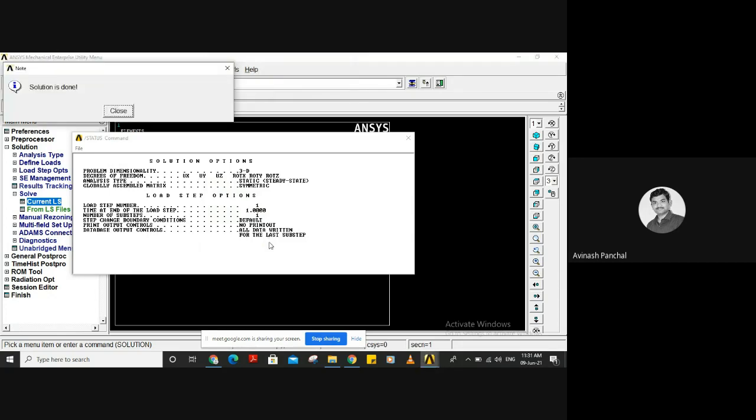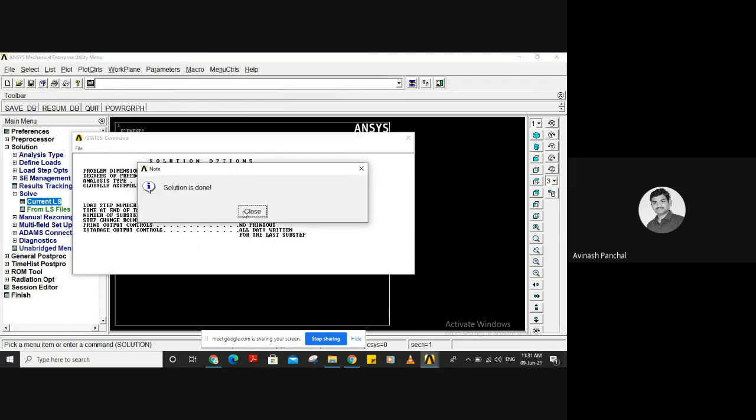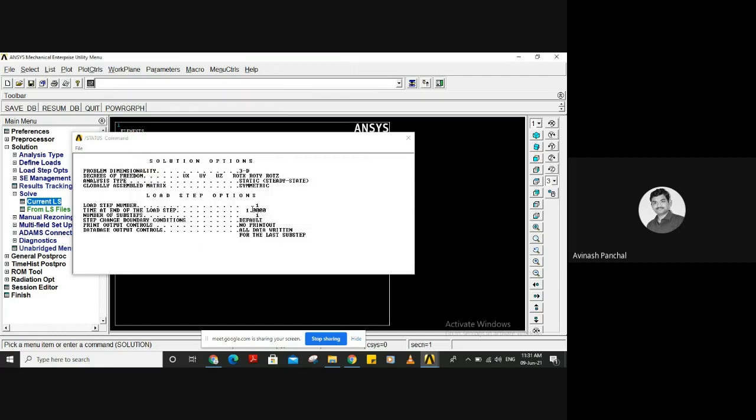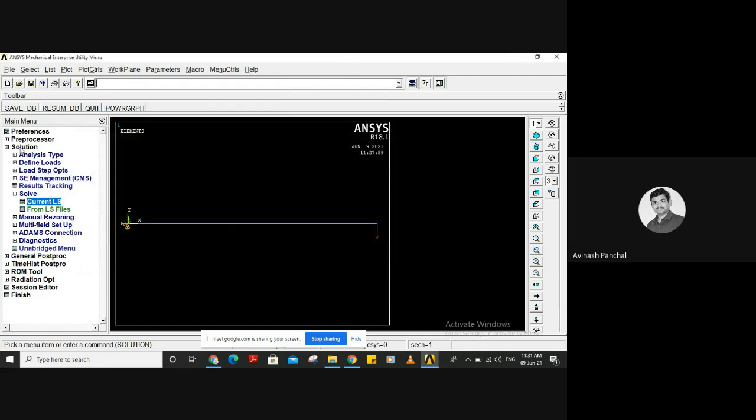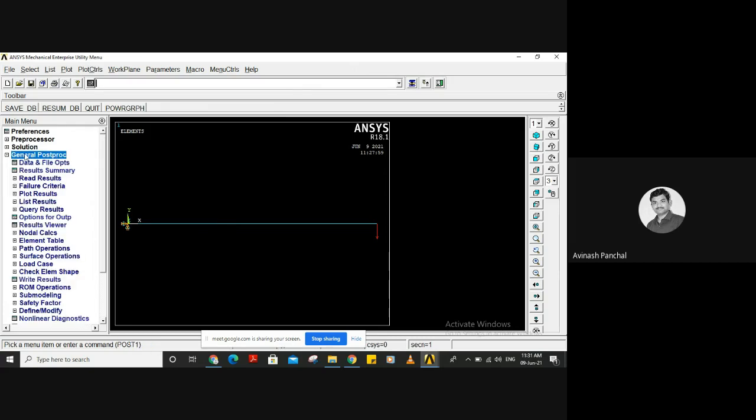If solution is done, the window says, congratulations, we have done it successfully. Click on OK, close this window, and now the general postprocessor will appear, plot results. This was not available earlier.